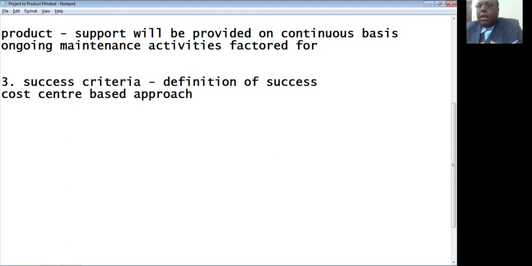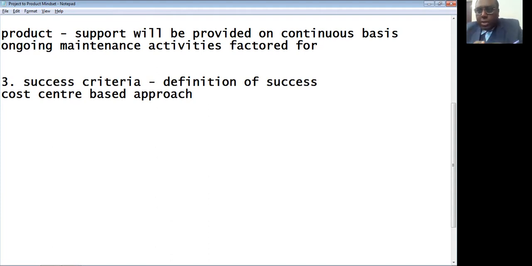Now, unfortunately, in a real-time situation, if you are talking about a value stream, it could be an operational value stream, or it could be a developmental value stream. All that I'm trying to say is, sometimes value streams cut across multiple applications, so they cut across multiple cost centers. That is why the cost center based model and the value stream based funding model do not work together. They will not gel well.